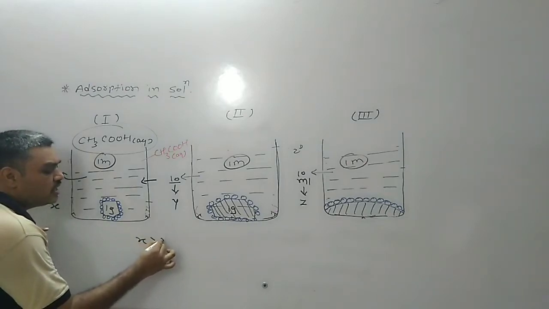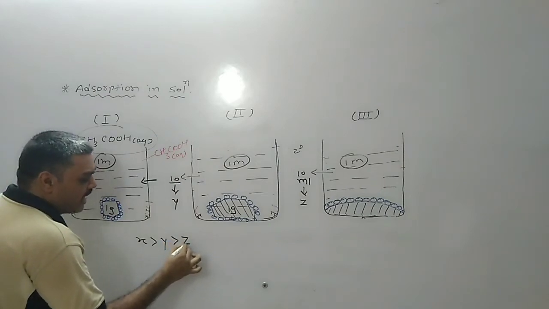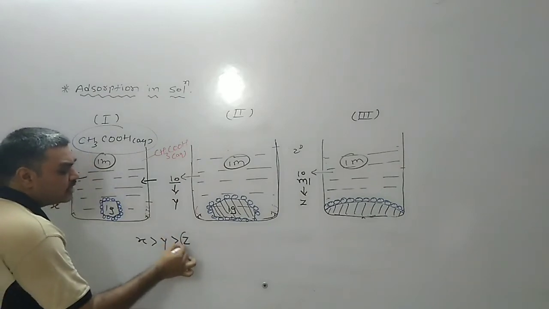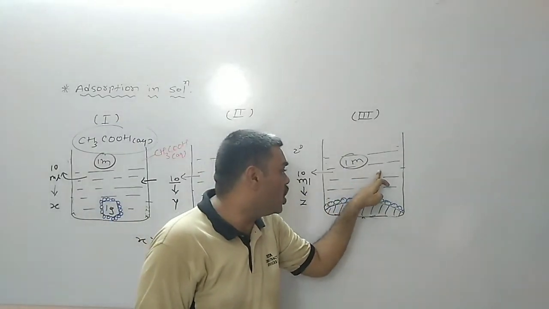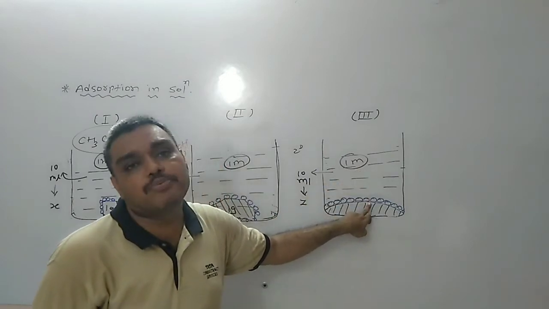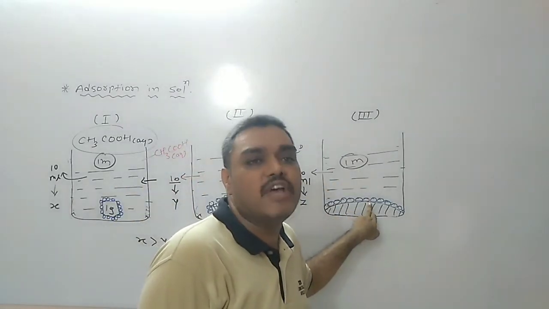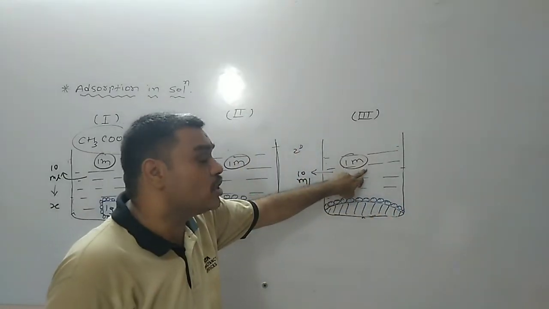higher concentration than Y, and Y is higher in concentration than Z. Then you conclude that the concentration of remaining solution of acetic acid in the third beaker is very less, because more adsorption takes place, more molecules of acetic acid go onto the surface, and that's why its concentration becomes